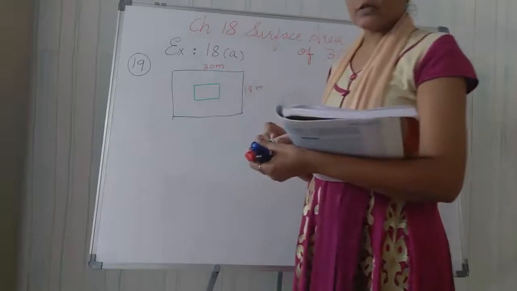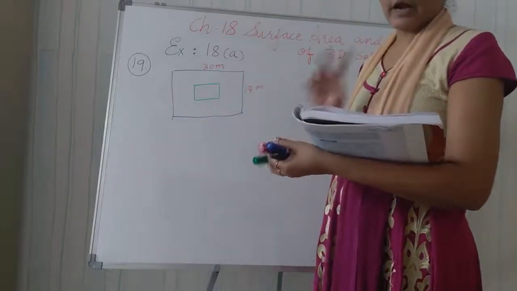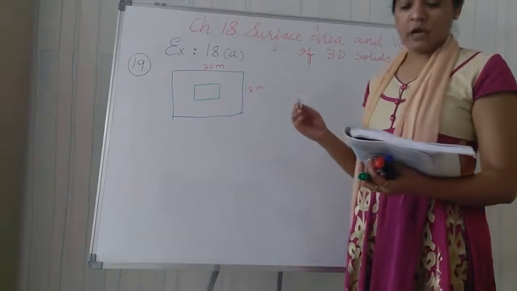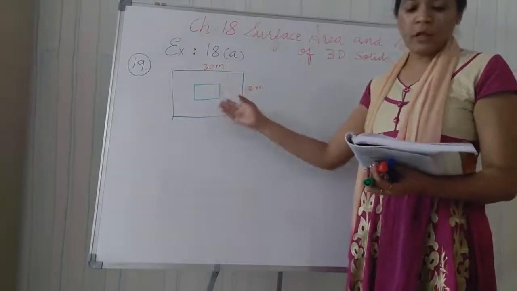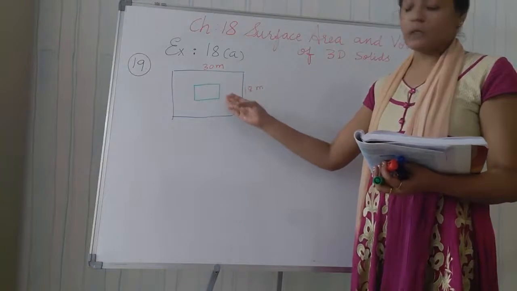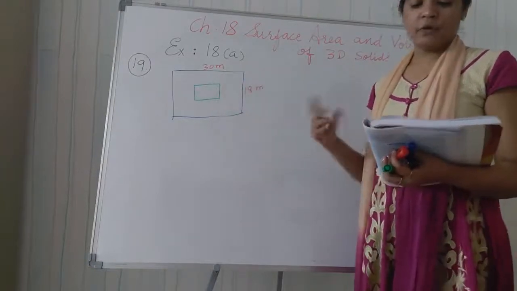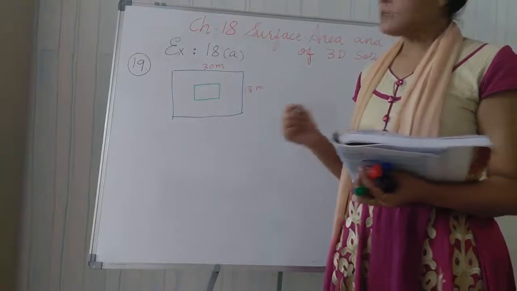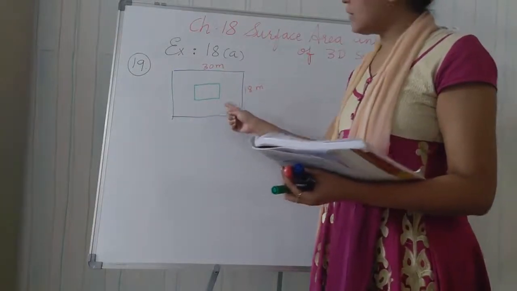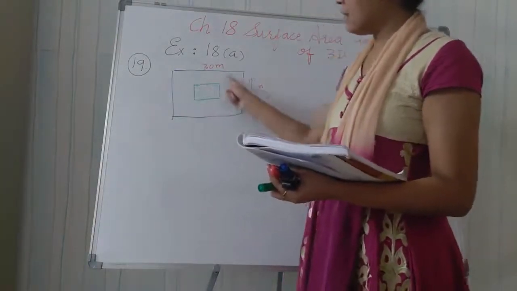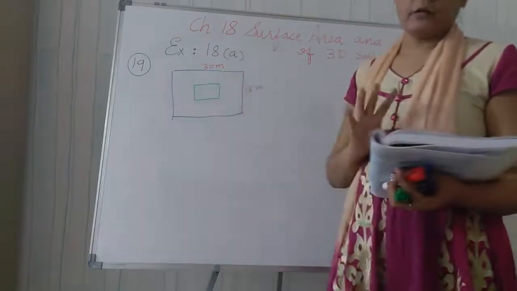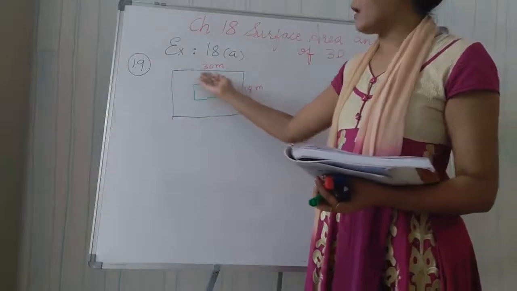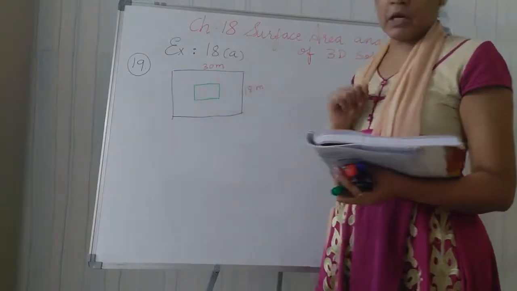गड्ढा खोदा हुआ है जिसका length, breadth and depth, three of the things you are given, and it is dug out from the middle of the field and the earth removed from it is evenly spread over the remaining area. This is the remaining area of the field. जो डग यहाँ से कर देंगे अर्थ, वो यहाँ पे स्प्रेड करेंगे जो कि रिमेनिंग एरिया है.